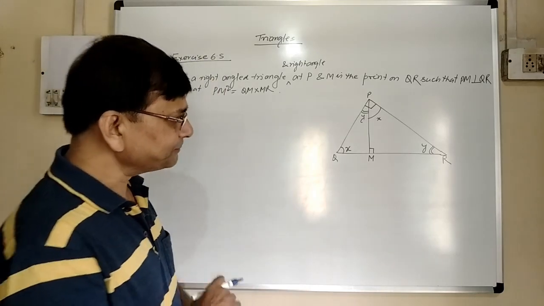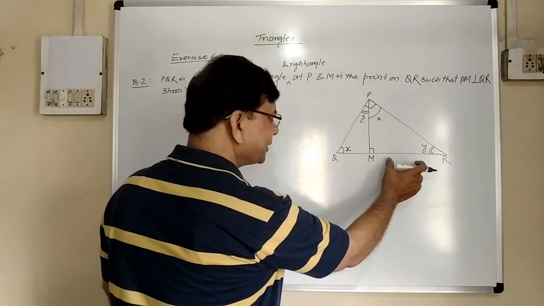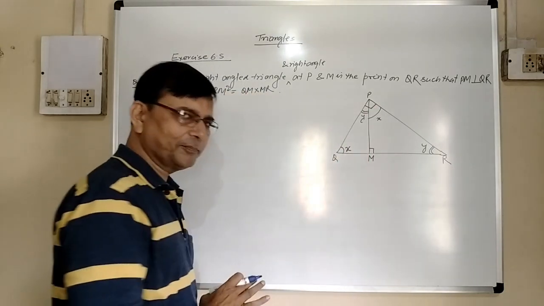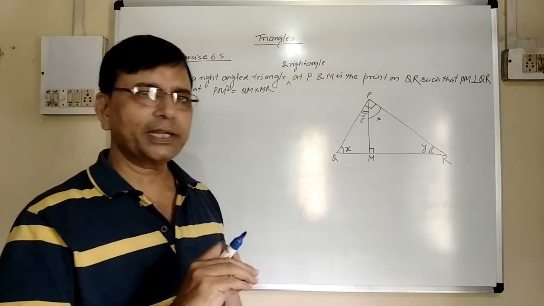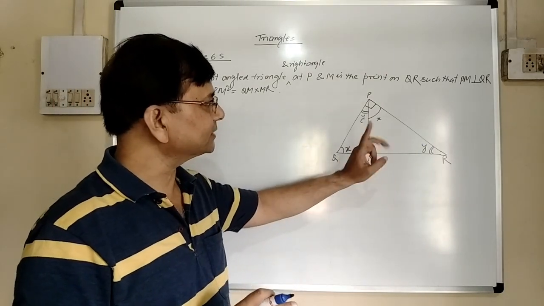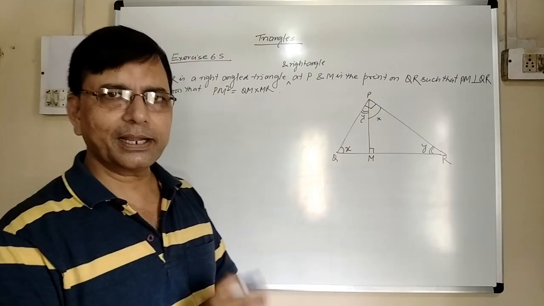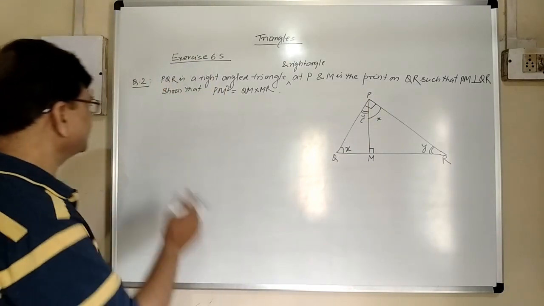So here we will see QM and MR, these are sides of two triangles and PM is common in both. So we will use the property of similarity of these two triangles, meaning PQM and PRM. We will take the similarity of these two triangles. So for the solution,